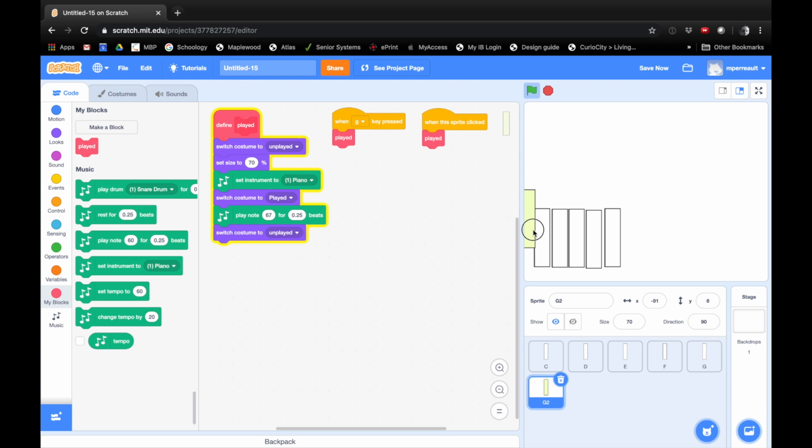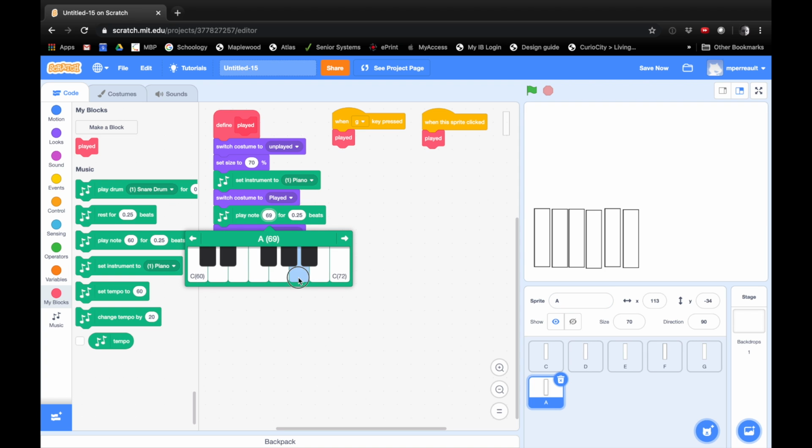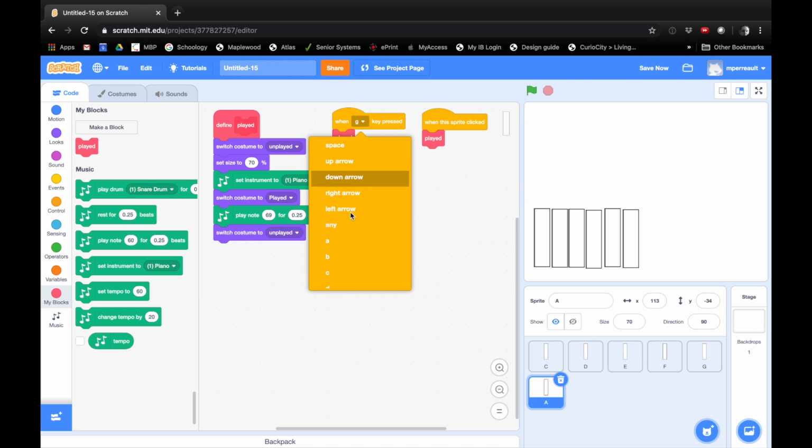Duplicate. Drag it into the right spot. Change its name. Choose A. That's a good point, Gwen. Daddy, where's the black note? I can't see F. So I'm just going up my keyboard. 1, 2, 3, 4, 5,